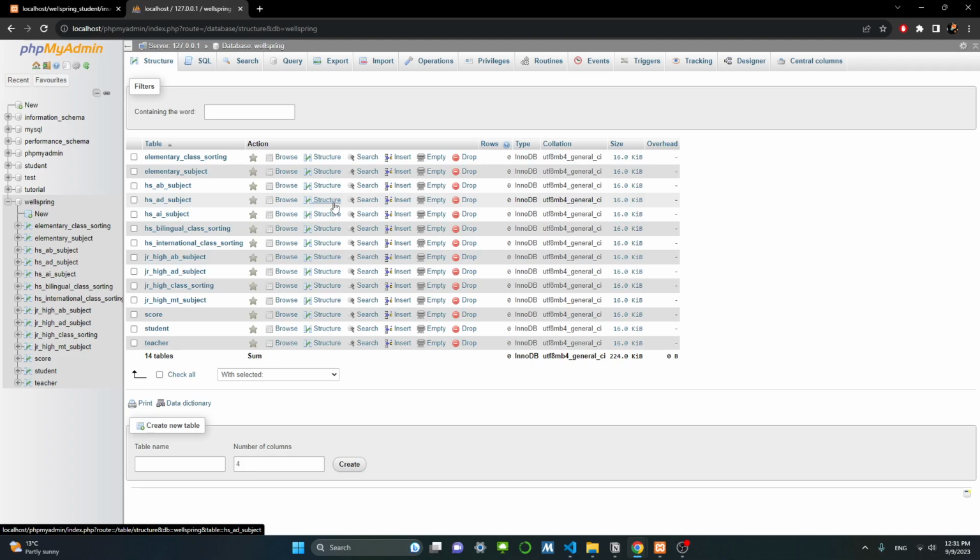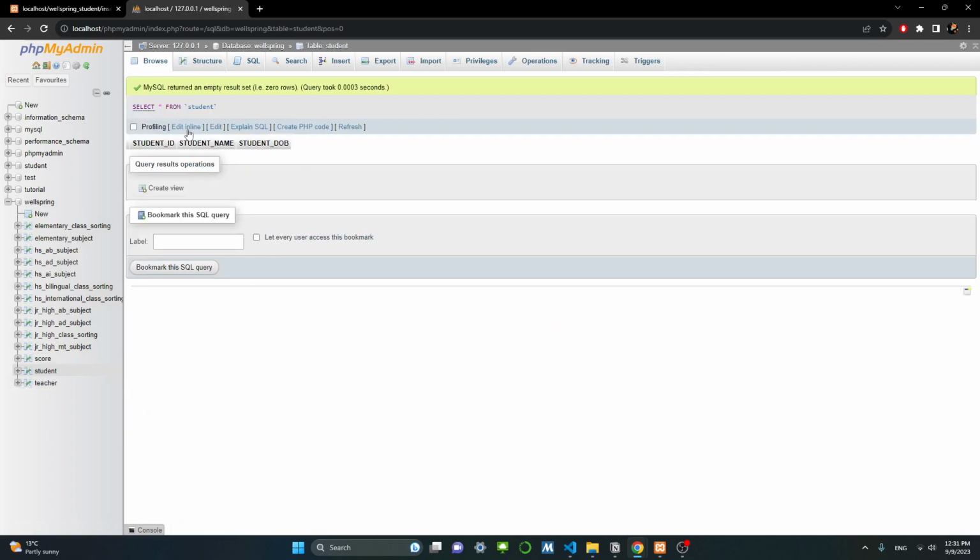and I will be focusing on the student table, which has three parts. The student ID is the primary key, and it is a varchar, the student name is also a varchar, and the student date of birth is the date type,